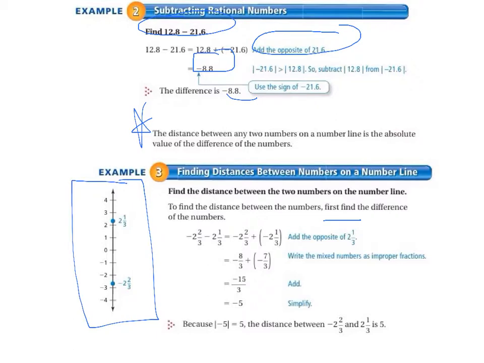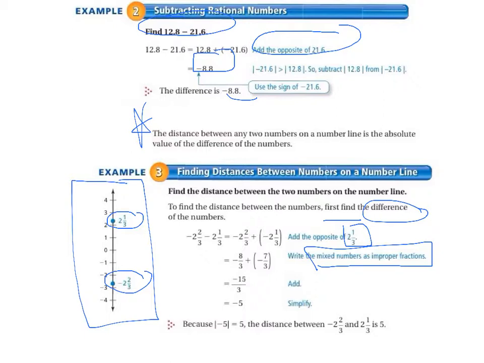So our numbers are 2 1/3 and -2 2/3. When it says find the difference, that means we are subtracting. So we take -2 2/3 minus 2 1/3. And so we add the opposite of 2 1/3, because that's our rule for subtracting. And of course we have to write the mixed numbers as improper fractions, and when we do that, we end up